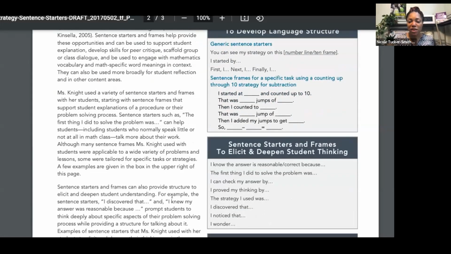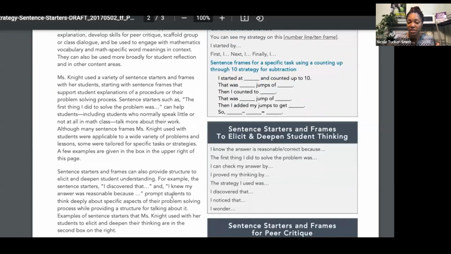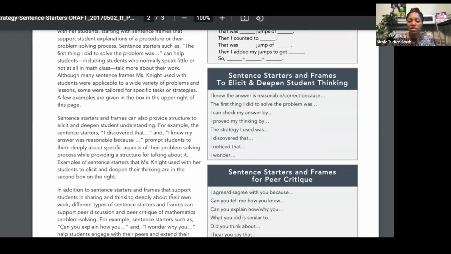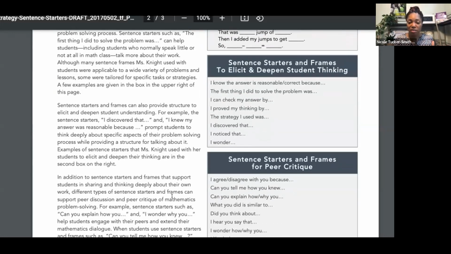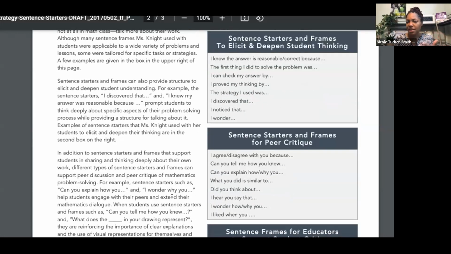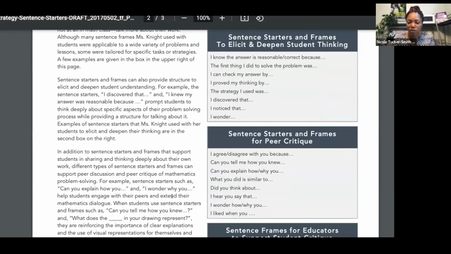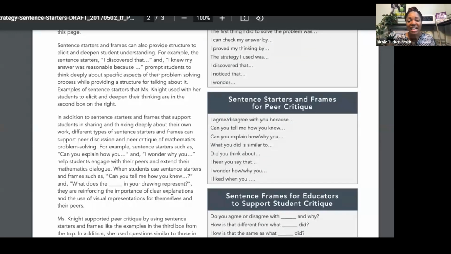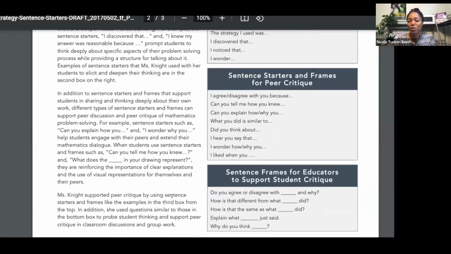This resource also has information on using sentence frames and starters to deepen student thinking, and sentence frames and starters to support peer critique, like if they're critiquing the work and supporting one another or trying to understand, I wonder how you did this. I like how you did this, right? So it's giving some of that peer feedback support. And then there are also some sentence frames for educators to support us as we are critiquing students and helping